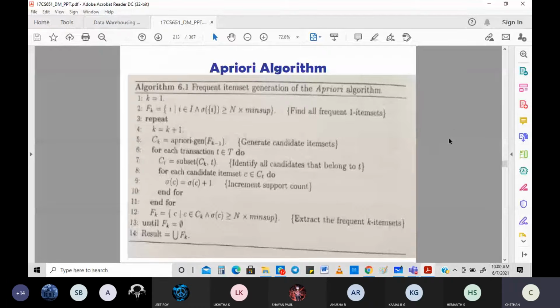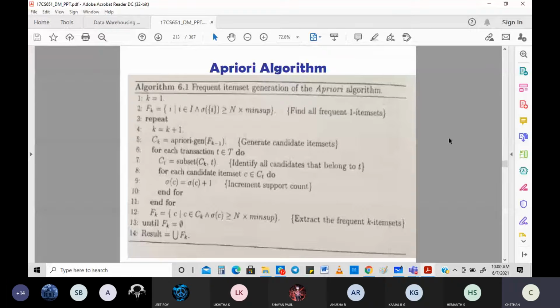So first you need to write an algorithm, then you need to write an example. What we are doing is taking an example, understanding what it is and how it works. Then we are going to come across and see this. Once you are able to see that, this one becomes very easy. So let's take one more example. This is the third example of the Apriori algorithm which we are looking at.